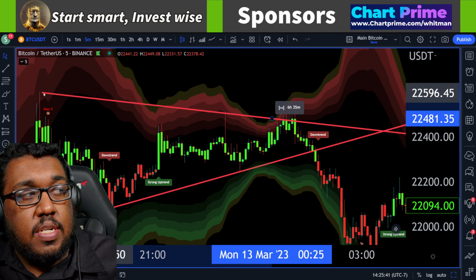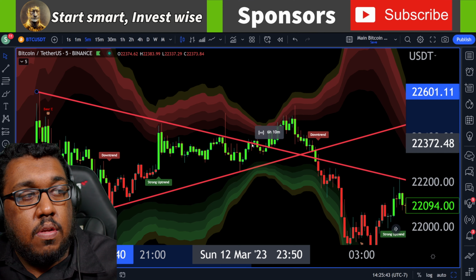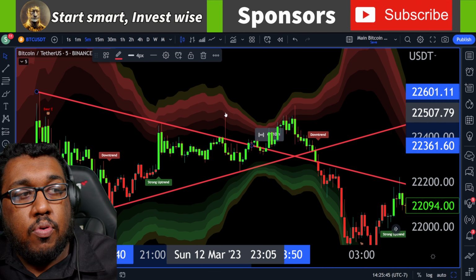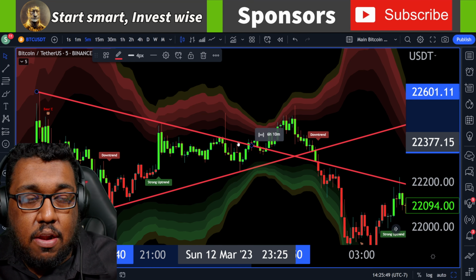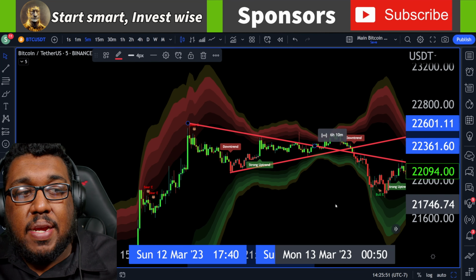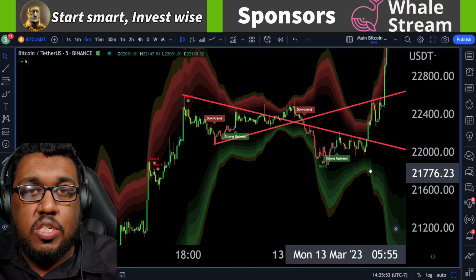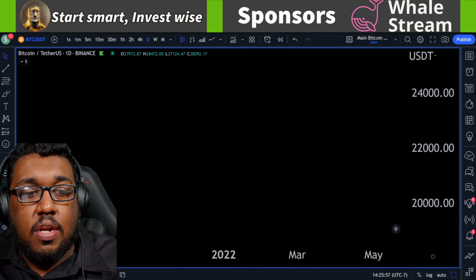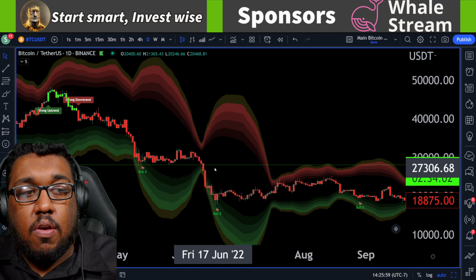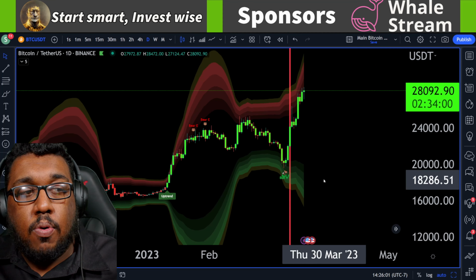Now, you could also do other stuff like this over there. You can see that we hadn't broken out yet, but we were trying, and that also matches up there. You guys are going to have to use each pattern appropriately and understand some of the basics before you start using this. This is not to be used alone, but this can be very helpful if you guys just want to have a flash shot of how overbought, how oversold we are, or if we're looking at any zones of support that you guys might not